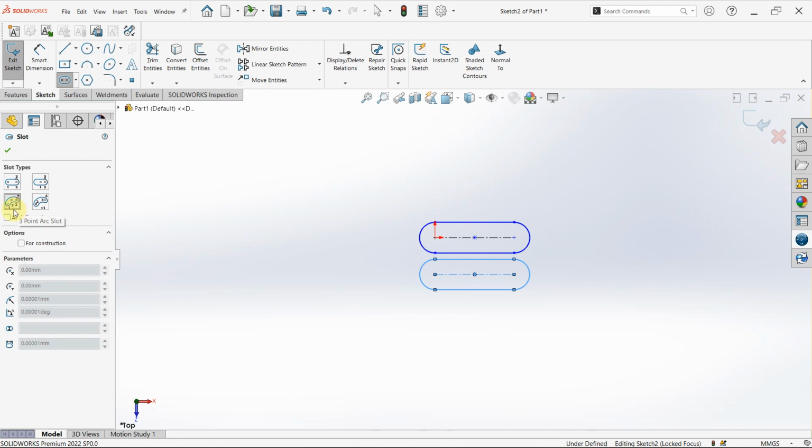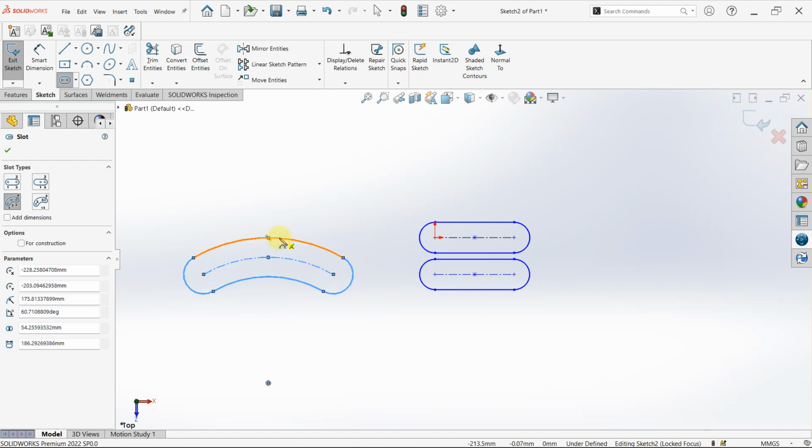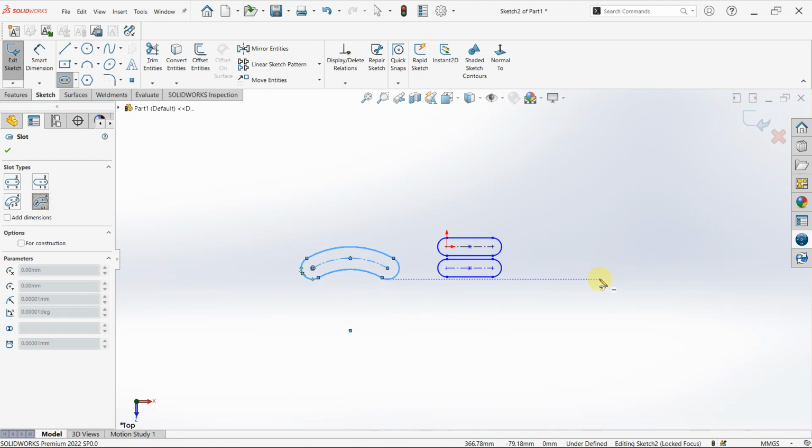You reference 4 points here. So you click, you can see the preview of the arc. So let's say second point, and then you define the radius of the arc, and then the slot is going to form. So the third point, the third type also is you are going to use arc to define the